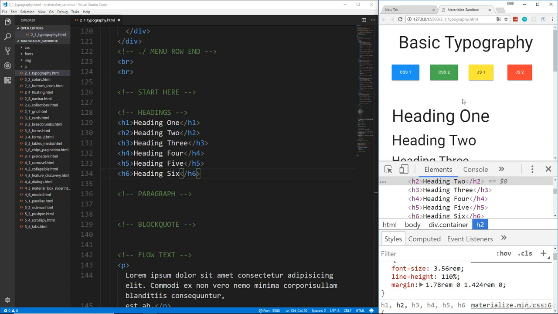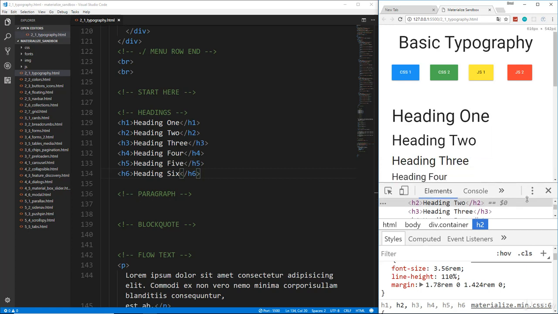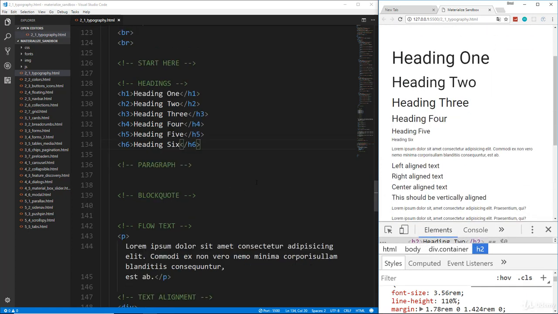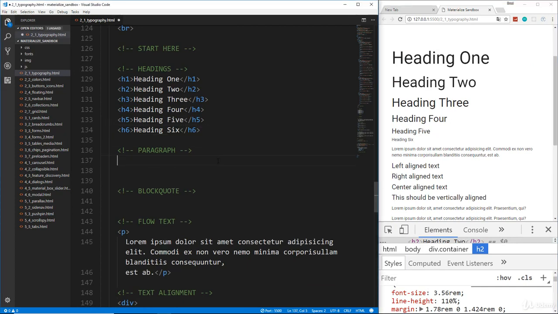Okay, but I don't want to do that too much, because I think it will just take up a ton of time if we see every single style for every single element in class, but I will be doing it more often than I did in the Bootstrap course. All right, so now for a paragraph, we're going to go ahead and just add a